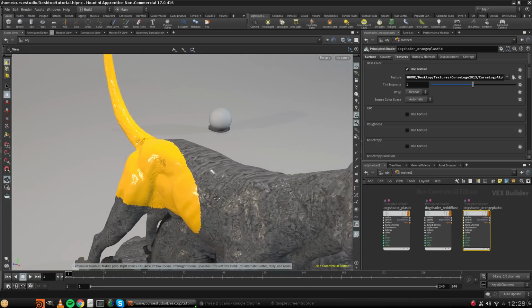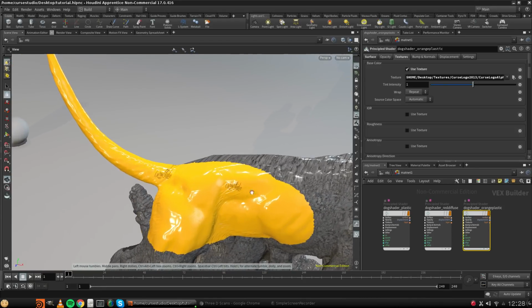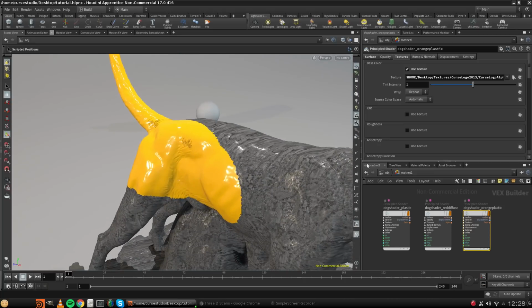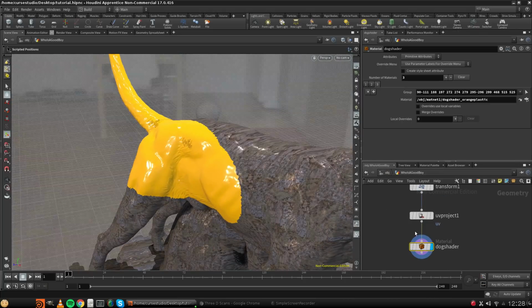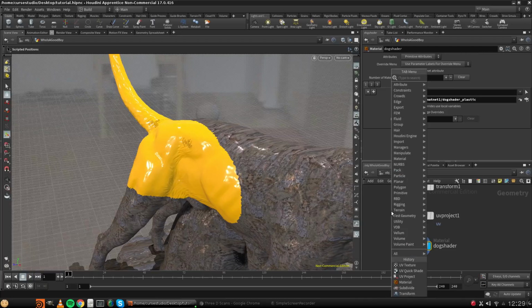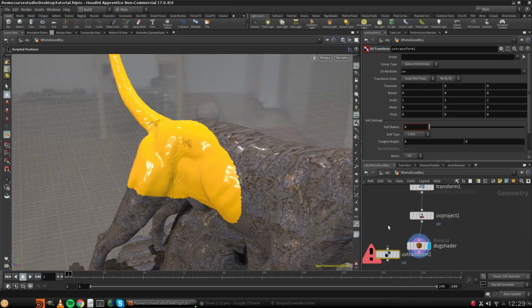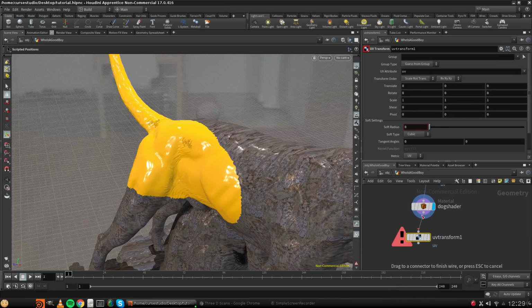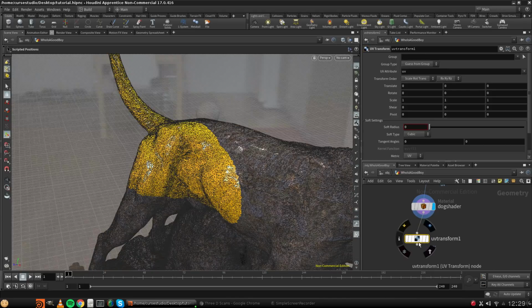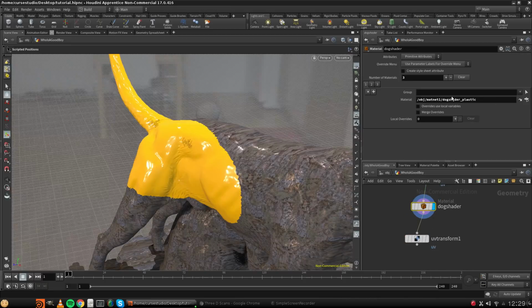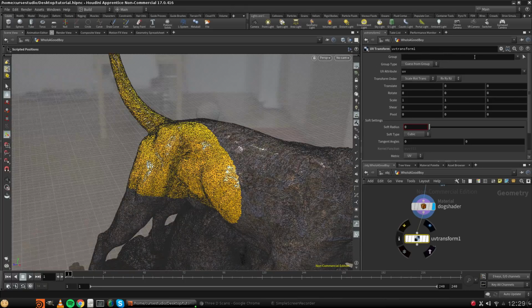And let's say we want to make this now a little bit bigger, and we only want to see it once here in the back. So how can we do that? This was a thing that I was thinking about yesterday for a long time. Because right now we have 3 materials added, and normally you would just right click and go UV transform. With this UV transform we can play with the UVs a little bit more. The problem is that this UV transform doesn't know which of these 3 materials it should control. And to be honest, I did not find out yet